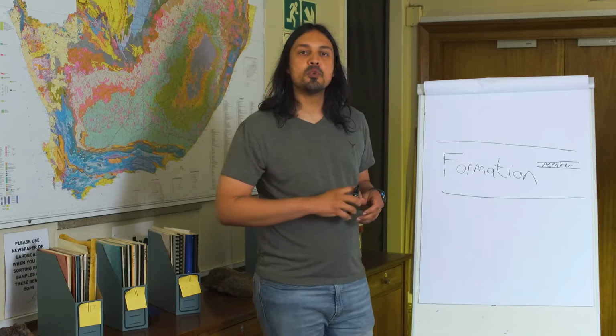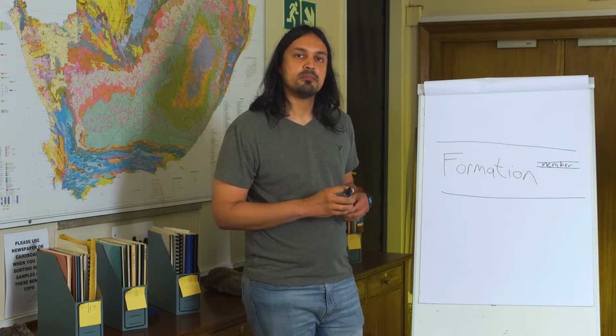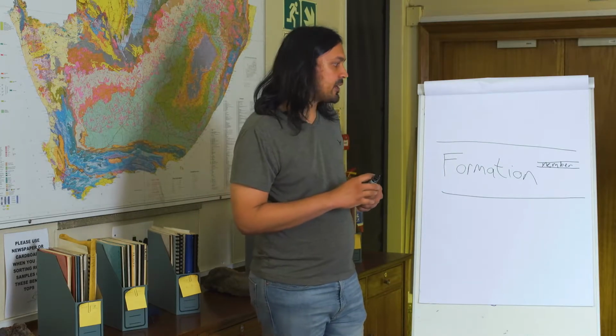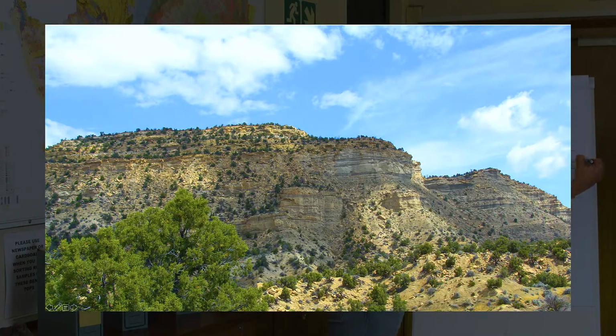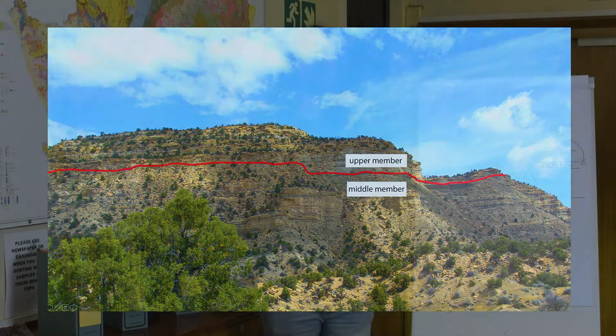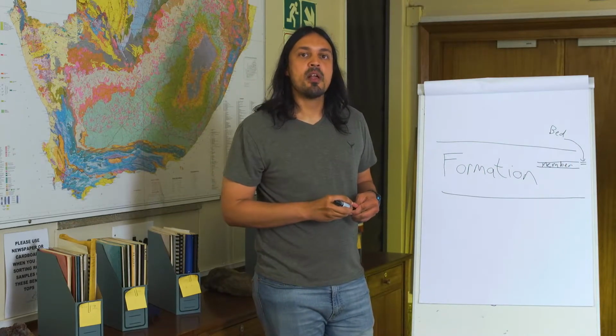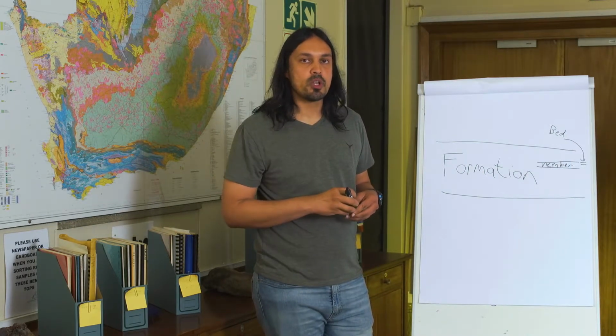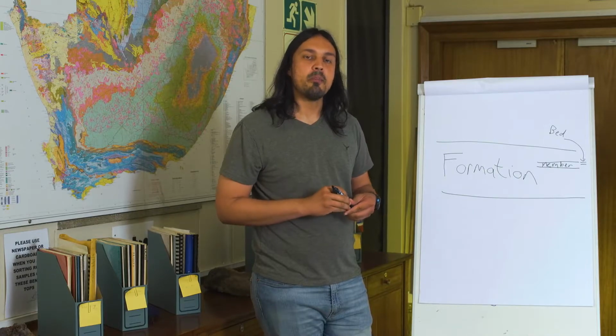But a member would be too small to be mappable. The smallest stratigraphic units are called beds. Beds are particularly distinctive layers that are not useful for correlation, but they are marked and may help position you